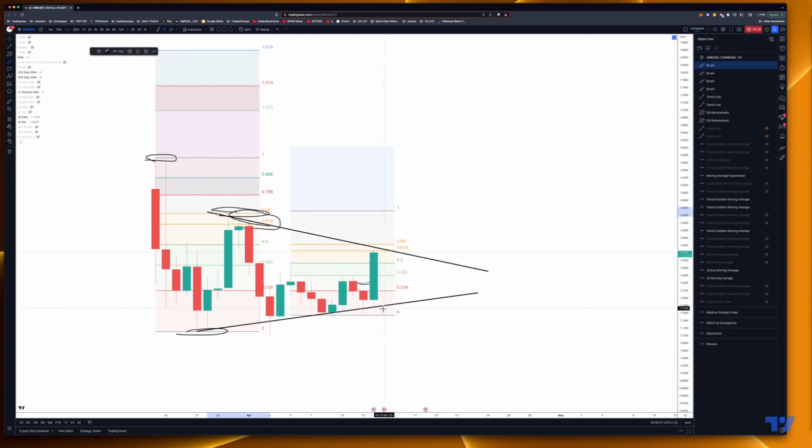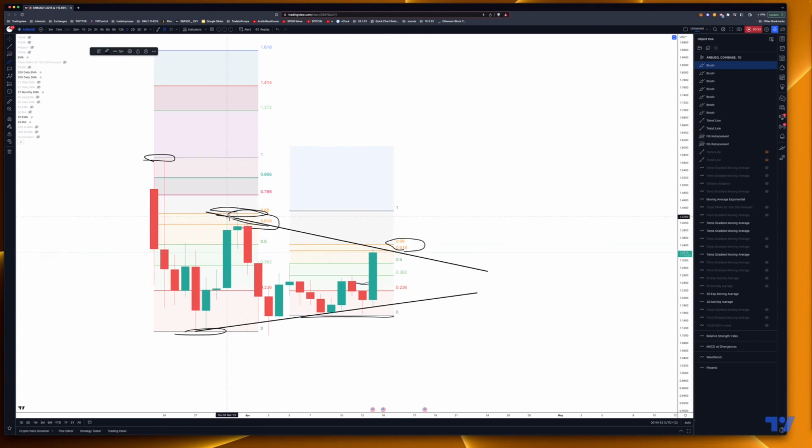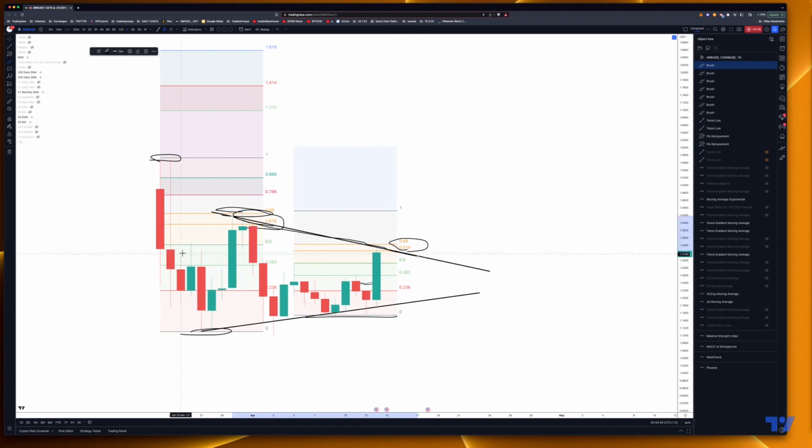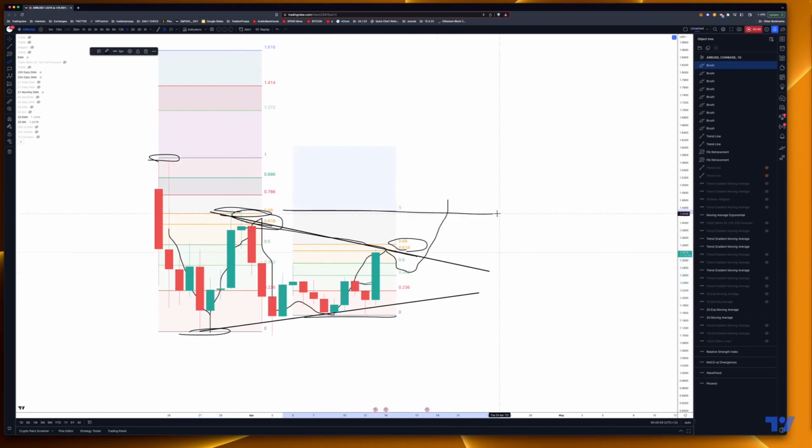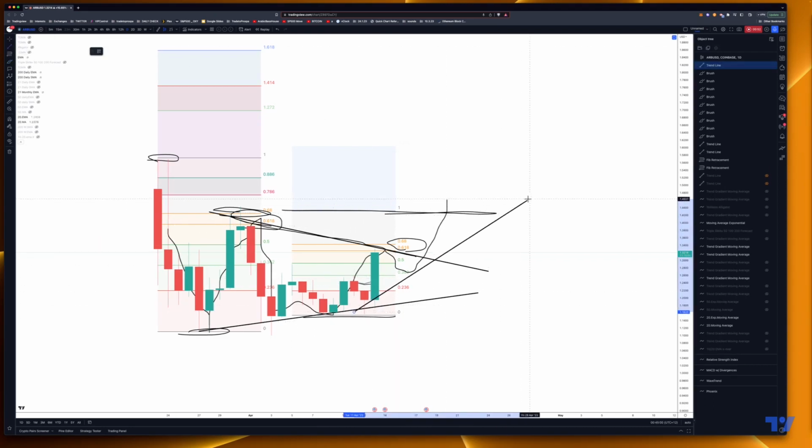Reference, bottom, 618. So we have this initial drawing. If this is a reversal pattern, that's our A, that's our B, that's our C, D, bang. So our next level is going to be that. What is interesting is that we're going to have this ascending slope.